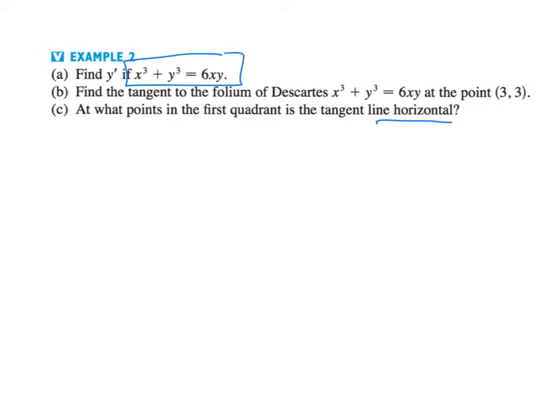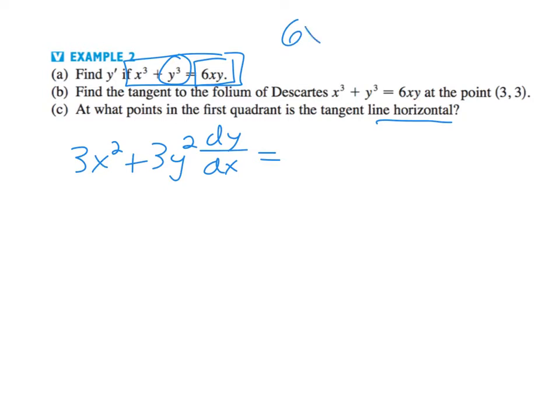So if I follow my implicit differentiation rules, the derivative of the left would be 3x squared plus 3y squared. And remember, when you take the derivative of y, we have to add dy/dx. So that would be the derivative of the left. Notice the derivative of the right. Be careful here, because that's a product of two things. In fact, that's 6x times y, or you could think of it as 6 times xy. It doesn't really matter how you write it, but it is a product, so we have to use the product